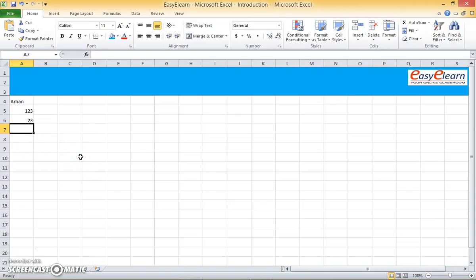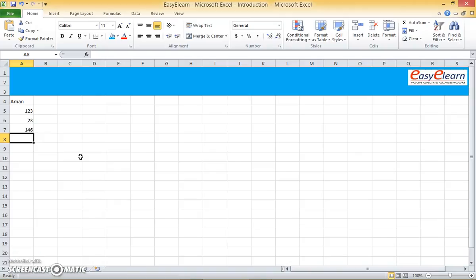We rather just put up a formula. Every formula in Excel starts with equal. So the number 123 is at A5 plus A6. This is to say total up 123 and 23 and display the answer for me. So when I hit enter, I get 146 here.